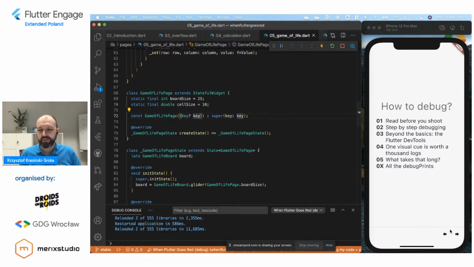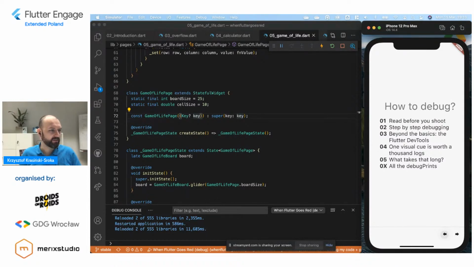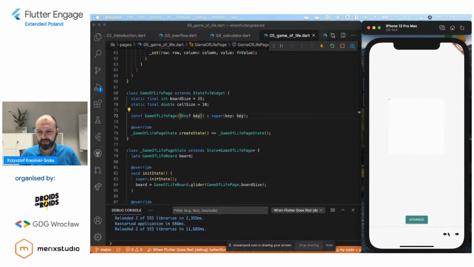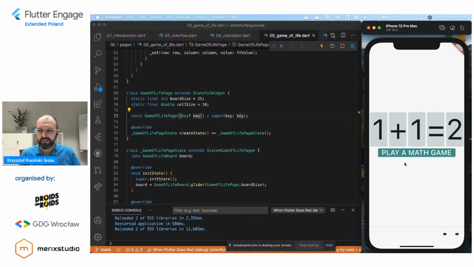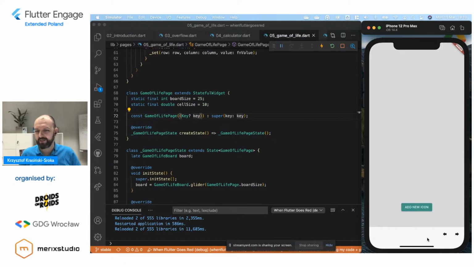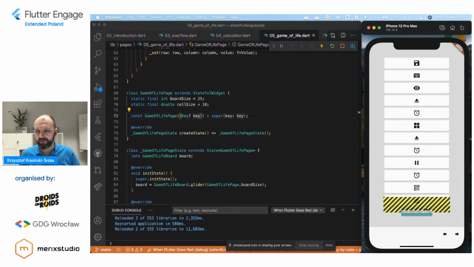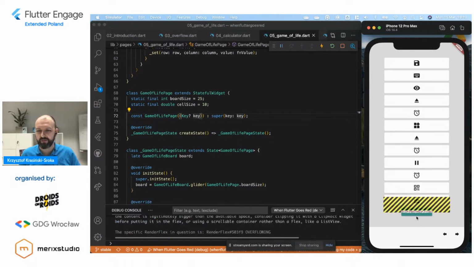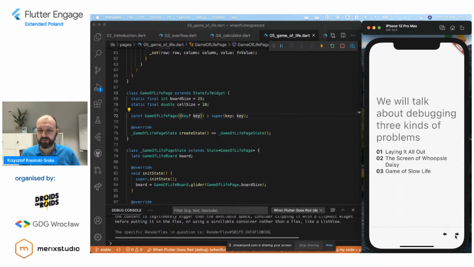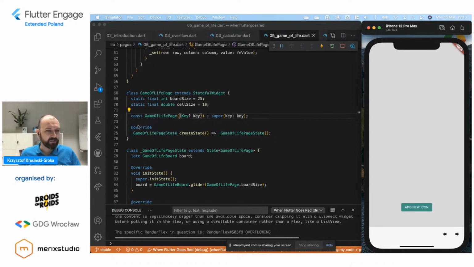Of course, these applications that I've shown you are here to demonstrate problems. In real life, you wouldn't like to have such a big Game of Life board probably displayed all the time. Or you wouldn't divide by 0, or you might, after like your second or third try with a column, learn how to deal with these problems with the overflowing widgets. But let us first go and start with the simplest solution to our problems.